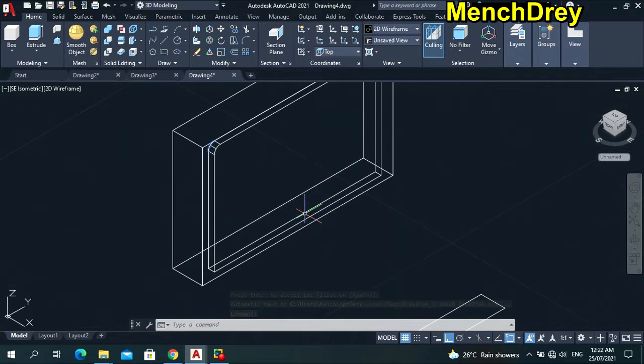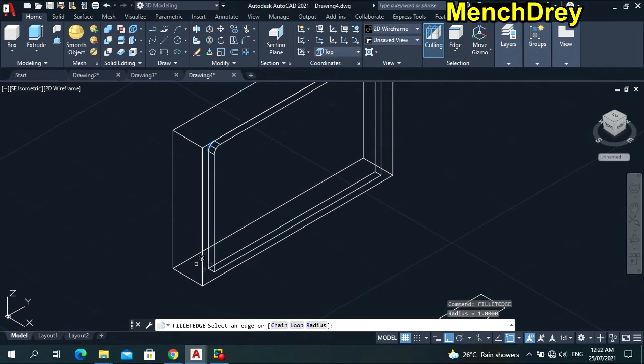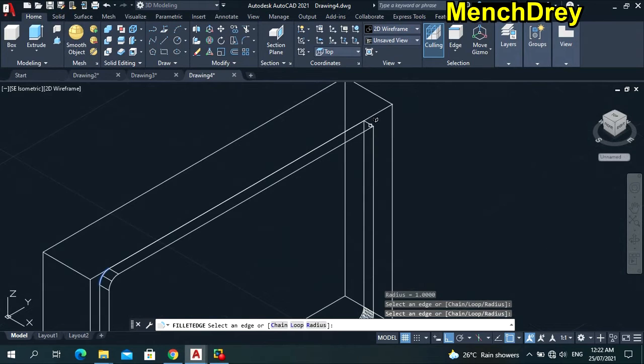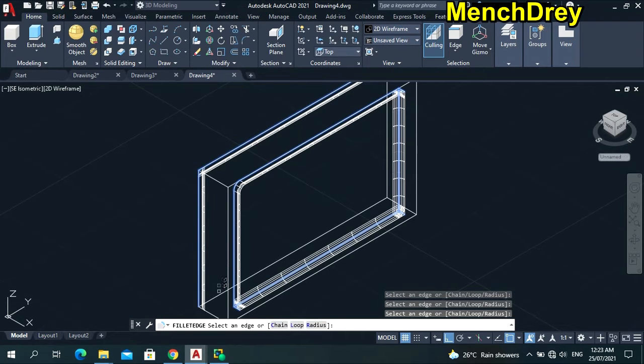Okay, so let me do it again. Fillet, but you have to choose fillet edge, click the edge, this edge again. Okay, this one, this one, this one, and also at the back. Alright,